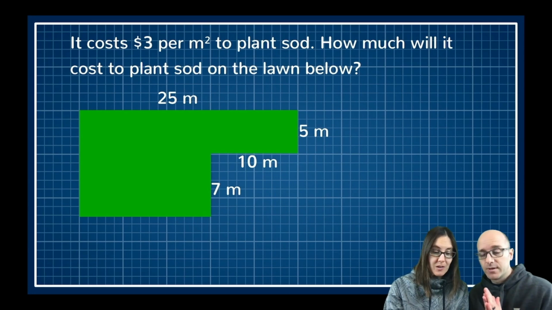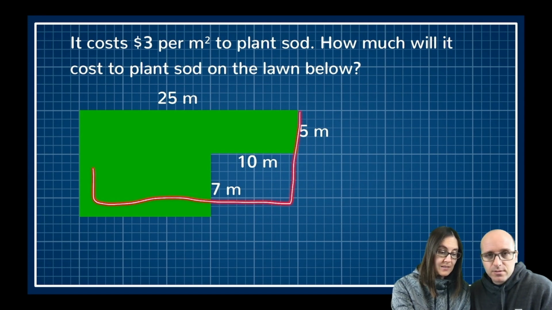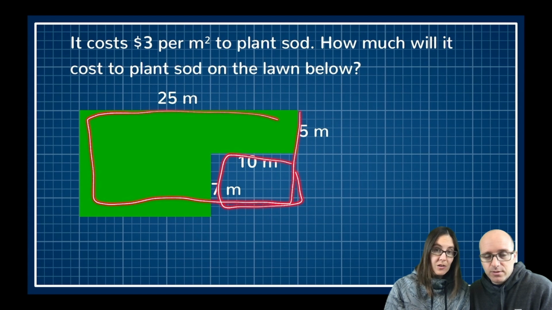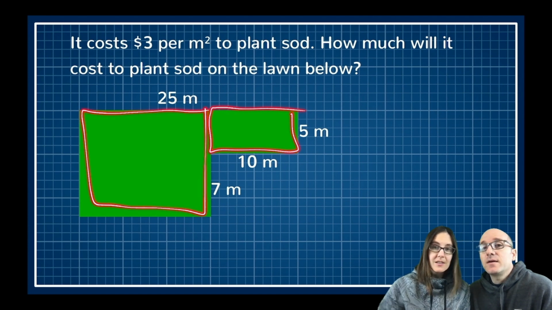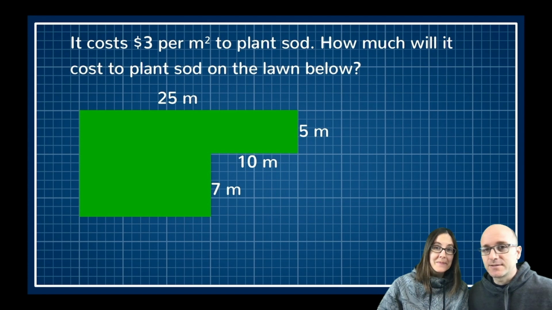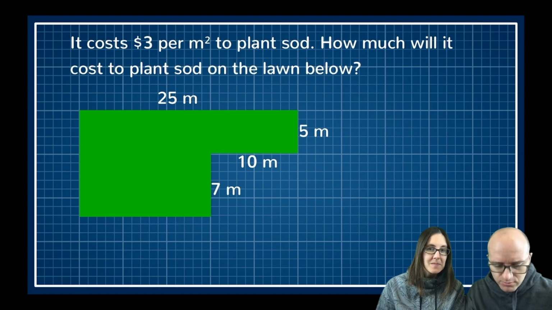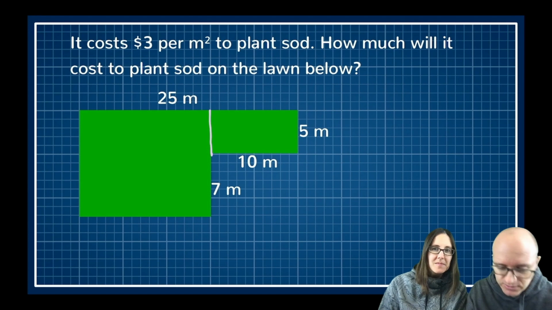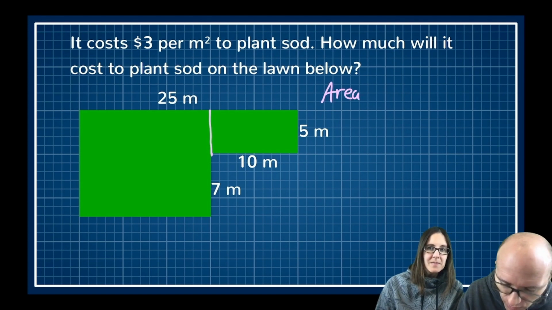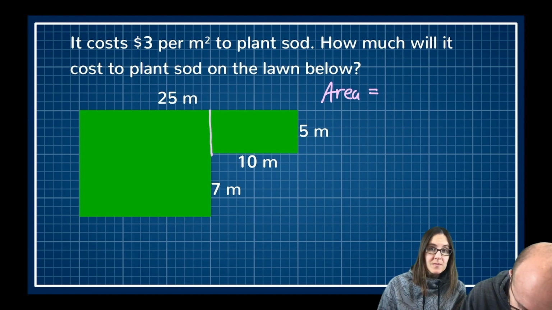Okay. So we need to find the area, and we can find the area either by looking at this big box and subtracting out that. Or we can break it into 2 boxes, and we get the area of this box plus the area of this box. Okay, I like it very much, Science Mom. Let's give this a try. Okay. All right, so let's go ahead and maybe do the second suggestion, where we chop it into 2 different rectangles. So our area would be, if we redraw these lines, now it's 10 by 5 there.